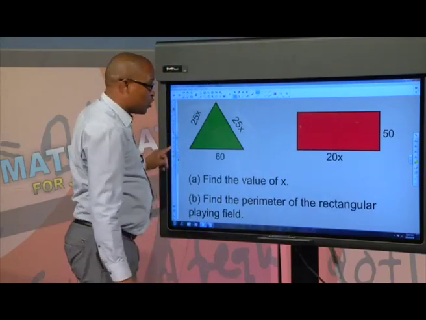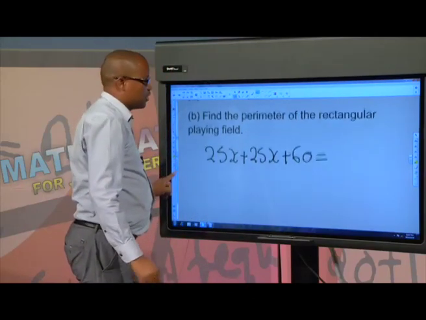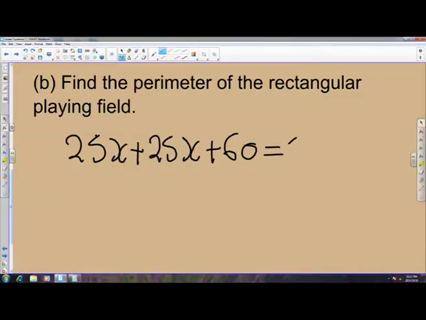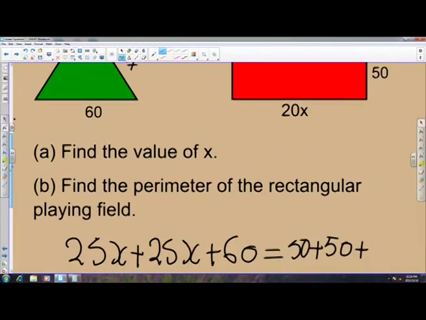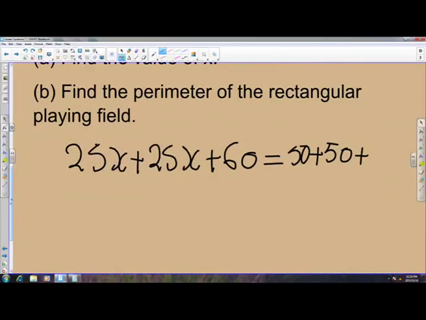So that will be 20x plus 50 plus 50, that is equals to 50 plus 50 plus, what is the other dimension? We have to check if at all we are correct. The other dimension is 20x. So it's plus 20x plus another 20x plus another 20x. So this 50 plus 50 plus 20x plus 20x gives us the perimeter of the rectangular